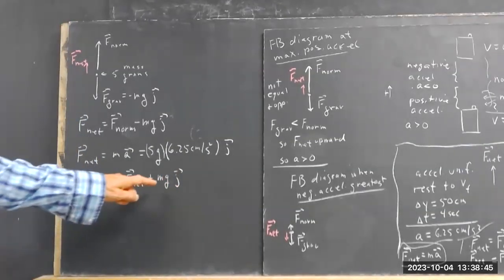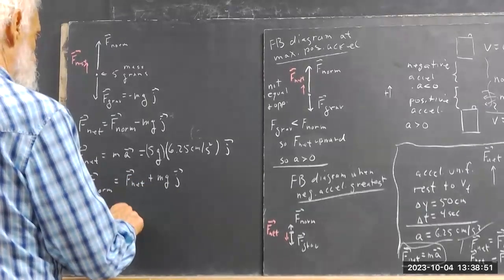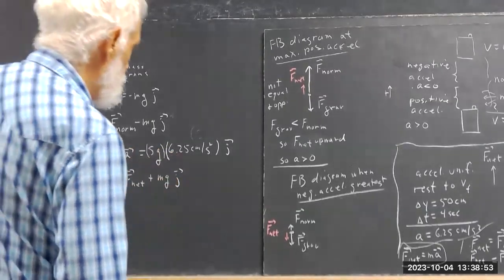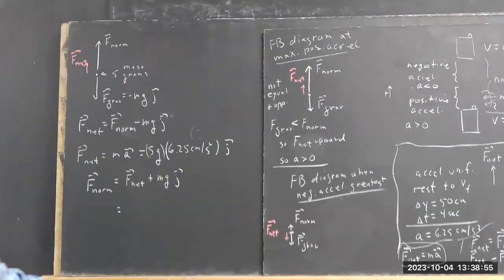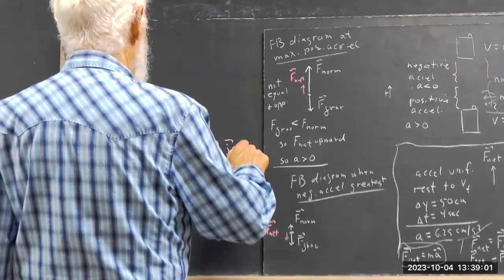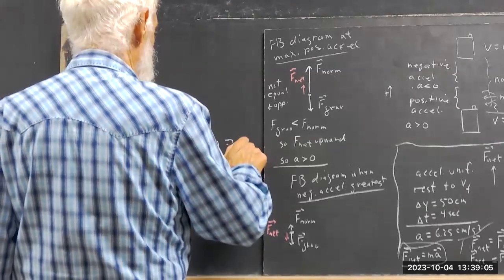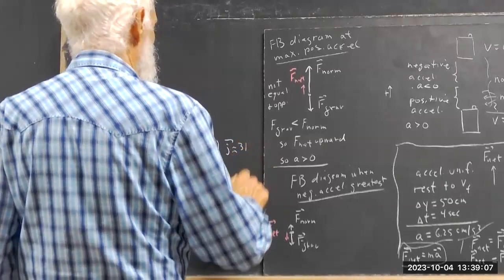Normal force is net force plus mg times j, equals, well, 5 times 6.25 is 31.25. So I'm going to say it's approximately 31